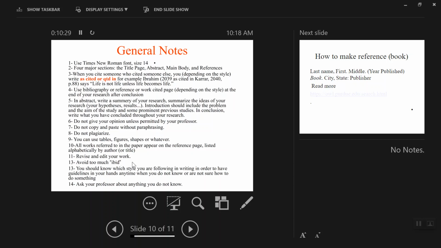Revise and edit your work. Avoid too much ibid. This is ibid according to some style that you use, or APA style. You just repeat the same writer. It means that sometimes when you go to this book, you find this book. For example, here,